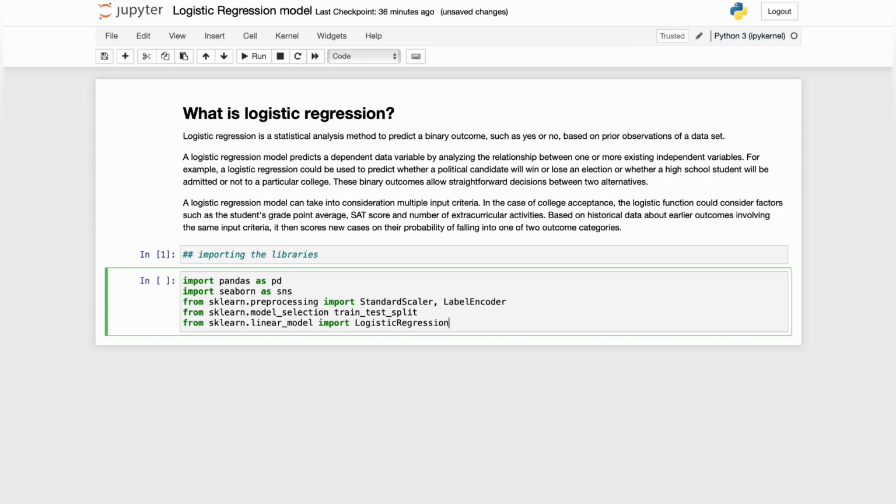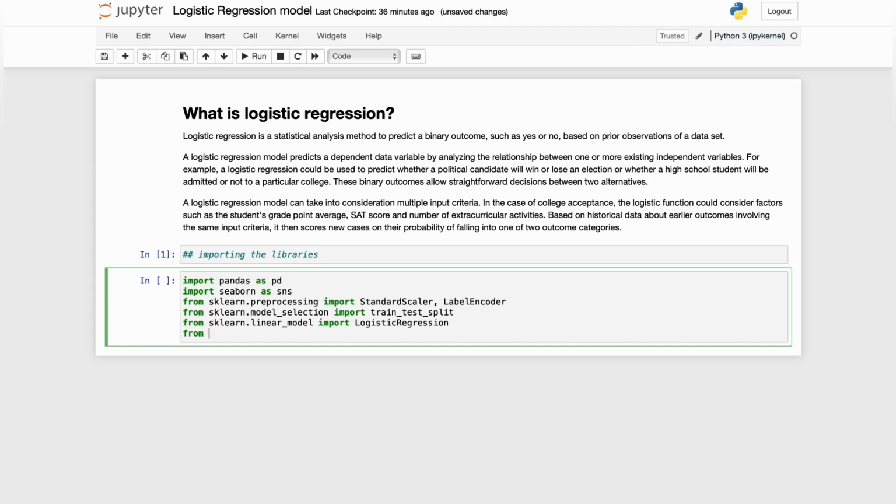Here for model building, we have imported two libraries, that is train_test_split. For train_test_split, we all know that it is used for splitting the data into training and testing parts, and for building the model, we imported LogisticRegression. Further we will import